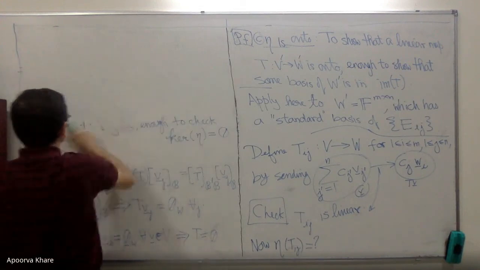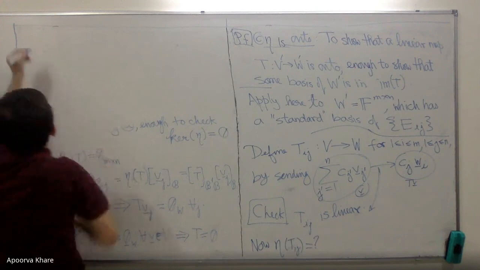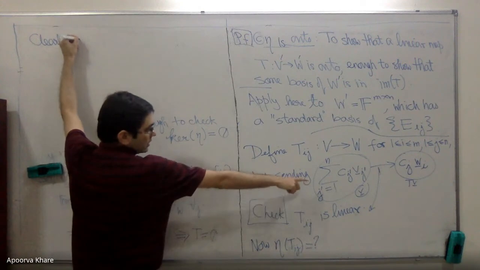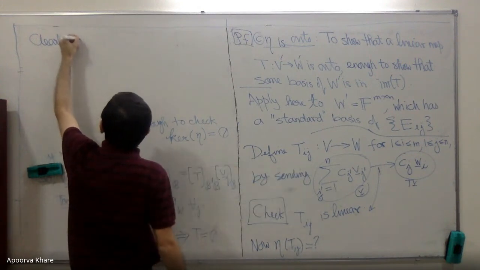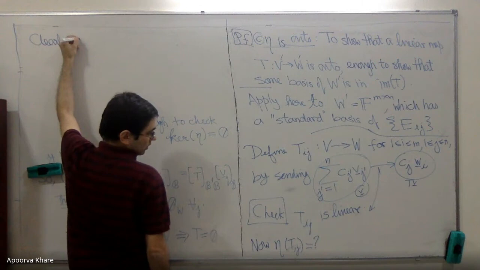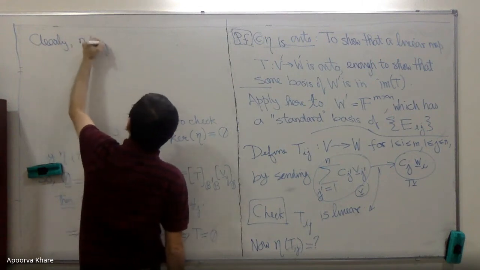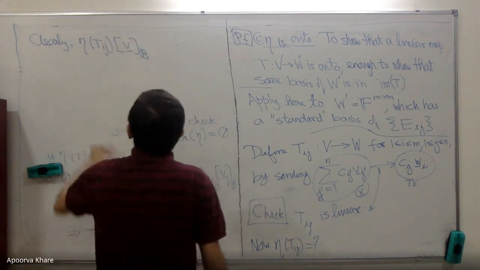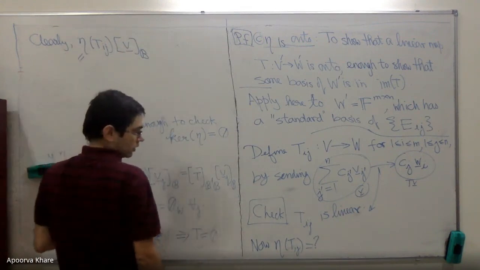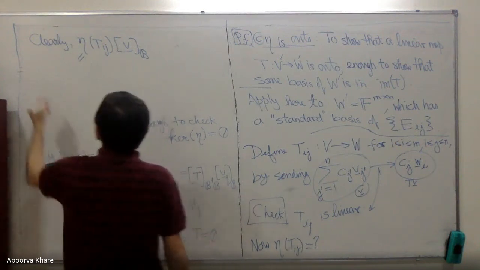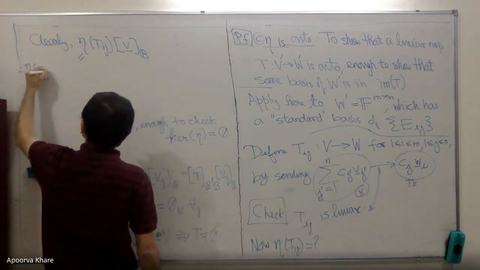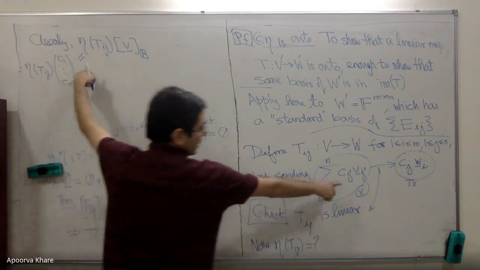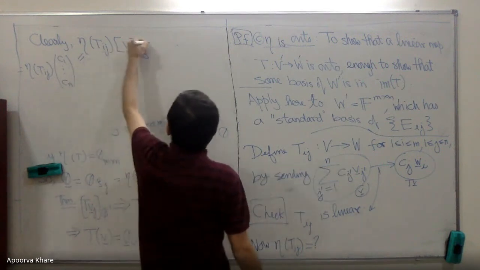So clearly, if you look at this, this is V, right? So eta of Tij acting on V_B. On the one hand, this is equal to what? It is eta of Tij, whatever this matrix is, acting on the vector C1, C2, Cn, because V_B is C1, C2, Cn. V is just Cj. On the other hand, by the theorem,